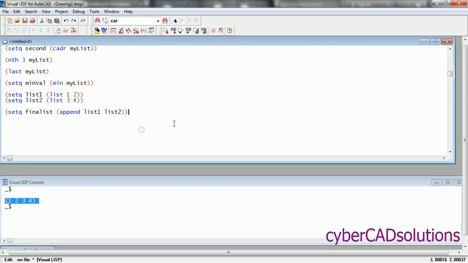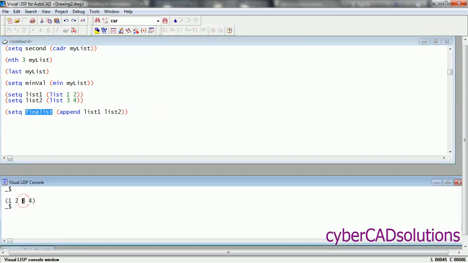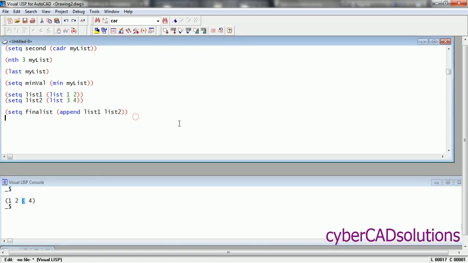final list. Now I want to replace one element with another element. Let us say in final list I want to replace 3 with 30. So how to do that? To replace an element within a list, we have to use a function called substitute. So I am going to write it like this: